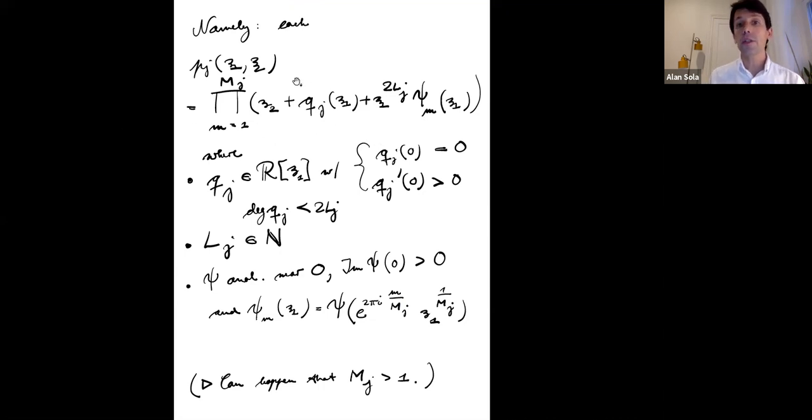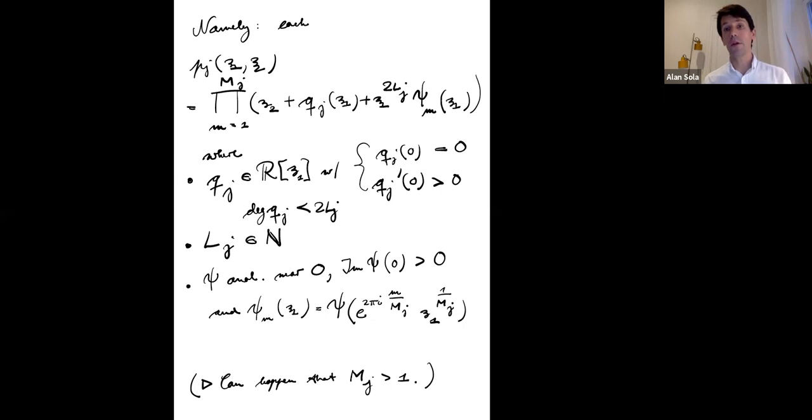So what are these objects that appear in the parenthesis here? Each Qj is a real coefficient polynomial that vanishes at the origin and has positive derivative at the origin. So this polynomial Qj looks something like